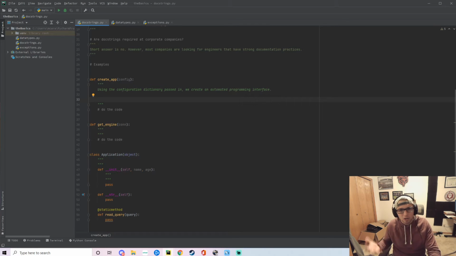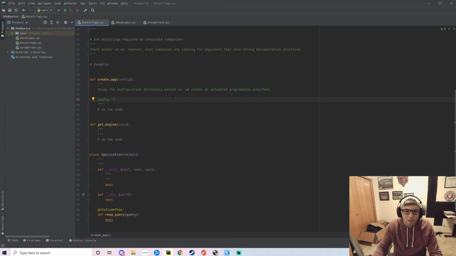App can mean a bunch of different things, but in this case, when I say application programming interface, that in IT terms means API. We all understand what that is. Then I'm going to go ahead and jump down into the config. So config is a param. I put the parameter in, I do the type hinting in parentheses. However, you could also do the type hinting up here. It's to each their own. We're going to be covering how to type hint in a future video.